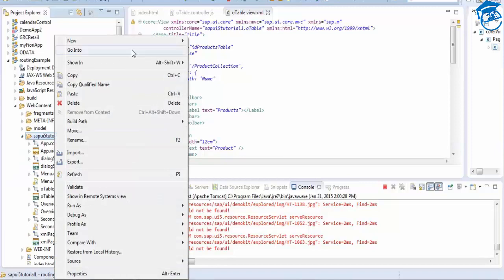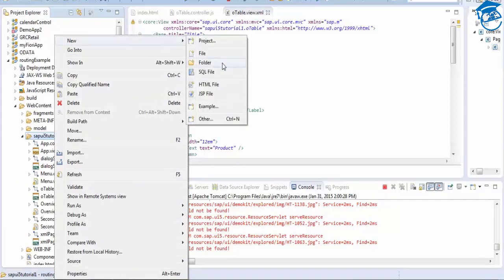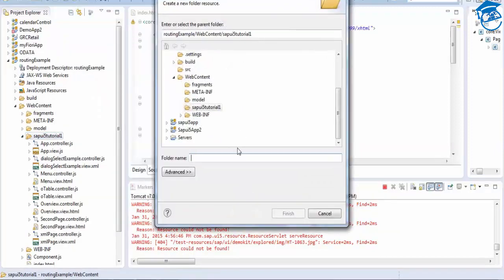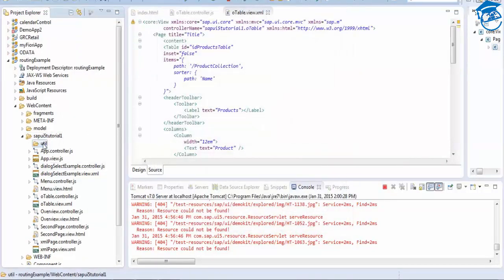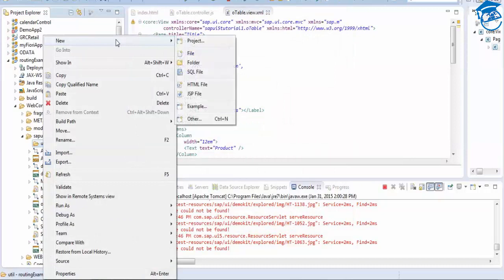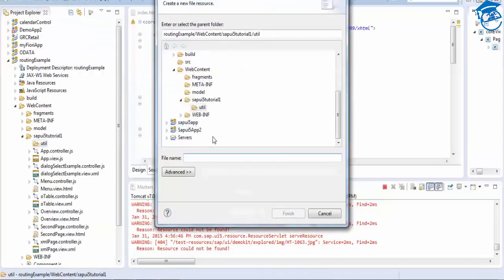So I'm going to right click and say new and folder util and say finish. And when I right click the folder and say new and file, it will be getting a formatter.js,